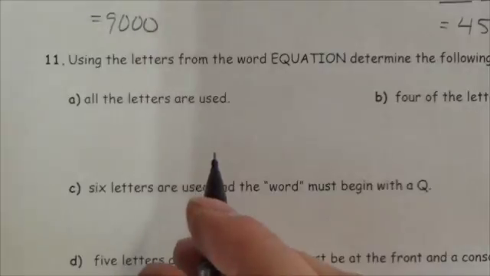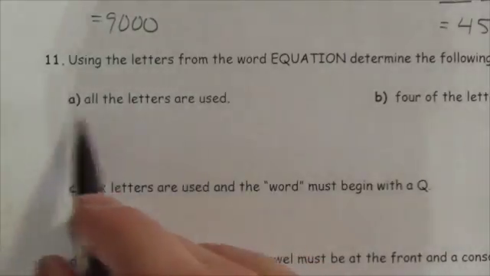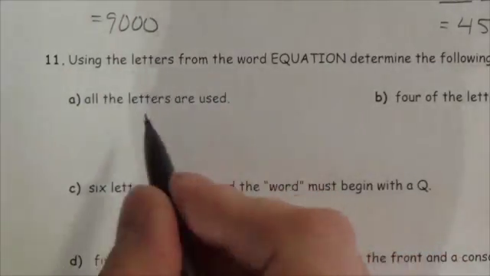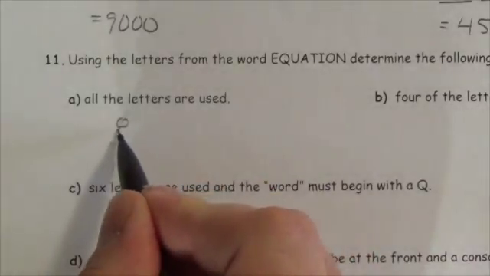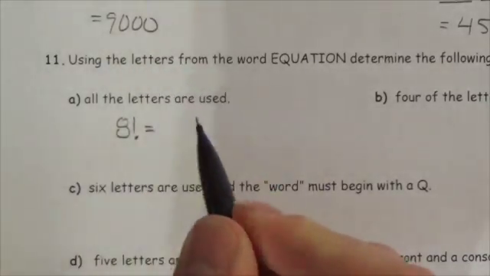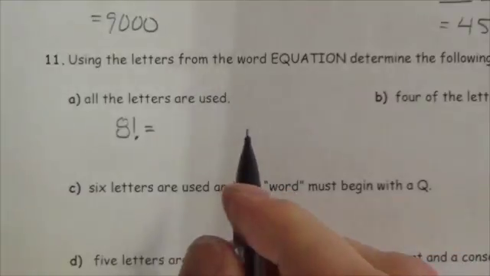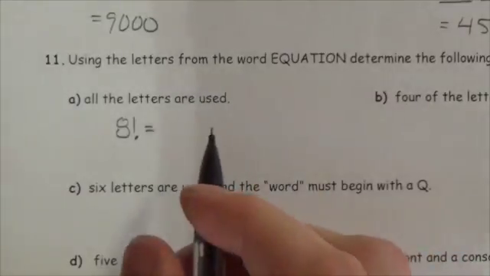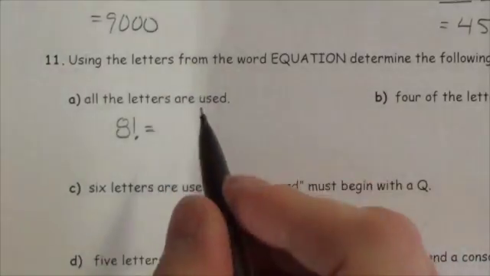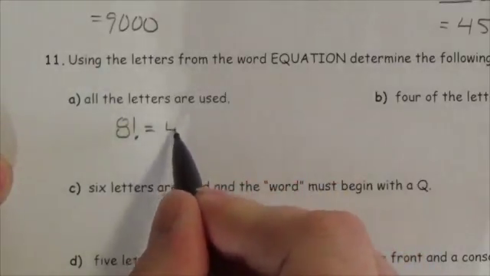All right. So how many ways can we arrange letters in the word equation if all the letters are used? Well, there are 8 letters in the word equation. And remember what we had said before, 8 factorial, when we write that down, that applies exactly to this kind of question. It's the number of ways you can organize 8 objects. And the answer is, when you go to your calculator, that's